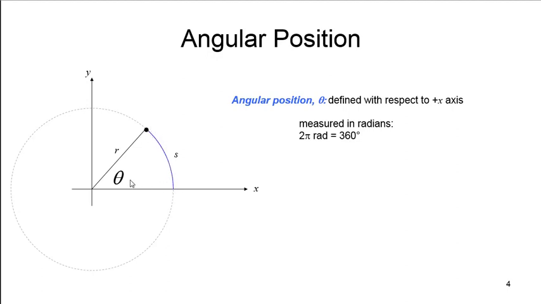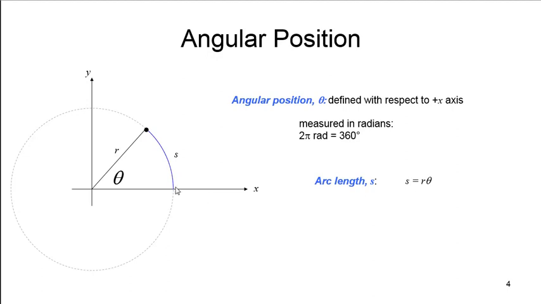Okay, and if theta is measured in radians, then we have this really nice relationship that arc length, which I'm calling S, is just equal to r, the radius, times theta, where theta is my angle here. Then this equation only works when theta is in radians. If theta is in degrees, this does not work. Okay, so when theta is in radians, this equation allows us to get the length, which would be measured in